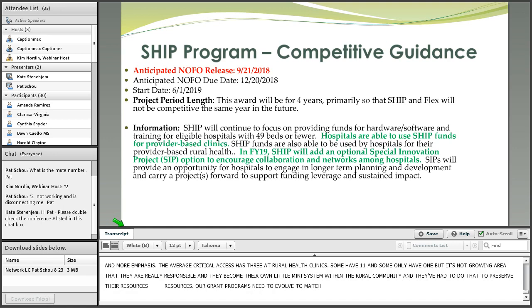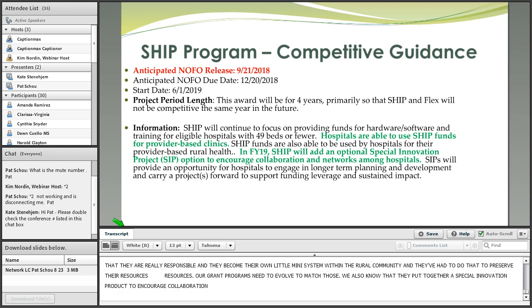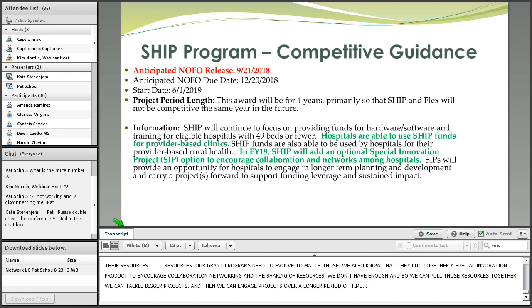Framework, we talked about how to put together a consortium, and I'll give you some examples, and really talk about engagement. How do we get the hospitals involved and moving forward? And I think that's really important. That's why we're here, and that's why you're spending this next hour with me, is how can we really reach